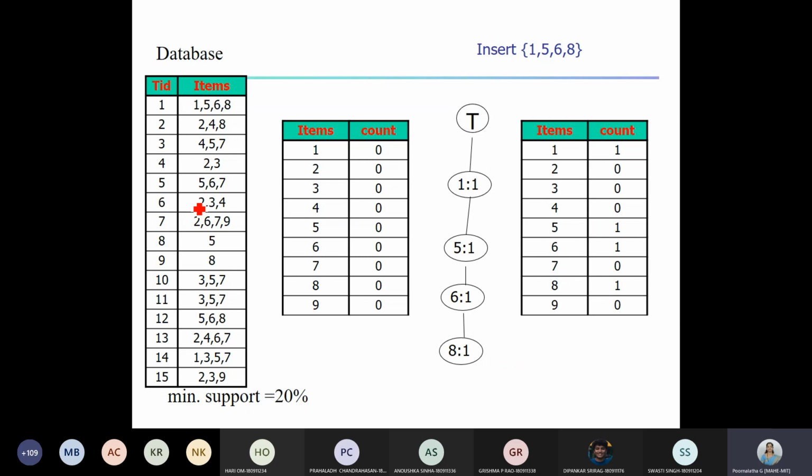Again, in this transaction database also you can observe that all the transactions are already in lexicographical order. They are in ascending order, so no need for us to reorder them. You should be very careful. If the order is not there, you need to order them first and then insert. Suppose you forget that ordering and insert, whatever you do after that, you cannot claim any marks. Marks will be given for whatever is written correctly, right? Marks cannot be given for errors or mistakes.